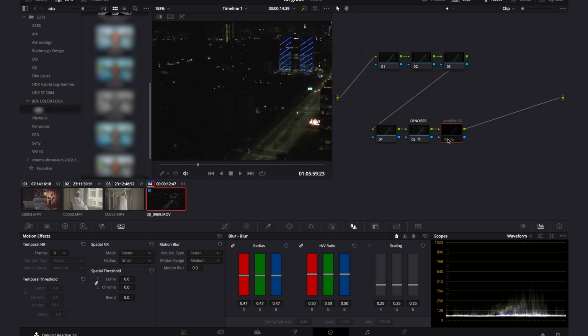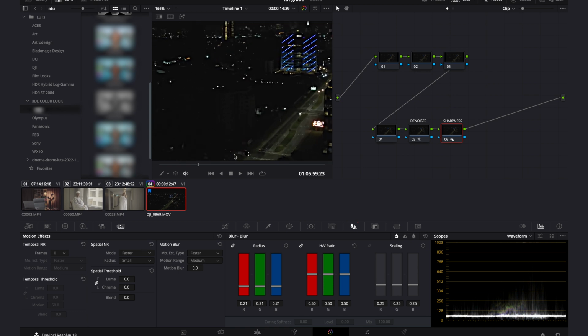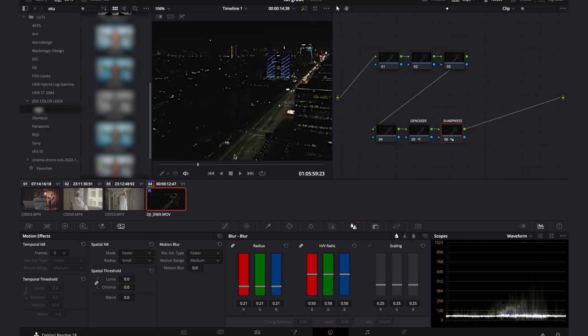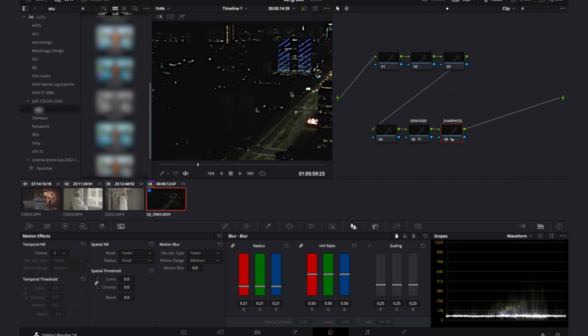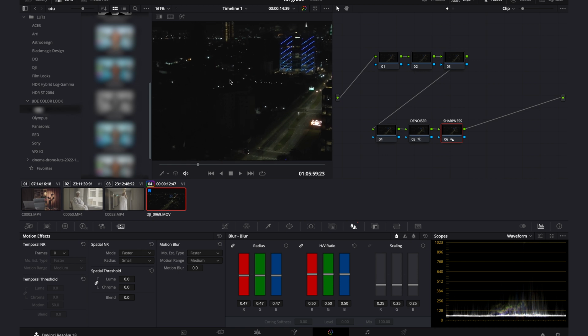My images are now sharper. If I bring it down, it will be overly sharp. I don't know how good your screen is since I'm uploading on YouTube, but this is an abuse already. I'll be leaving this at 0.47. That's fine enough for my